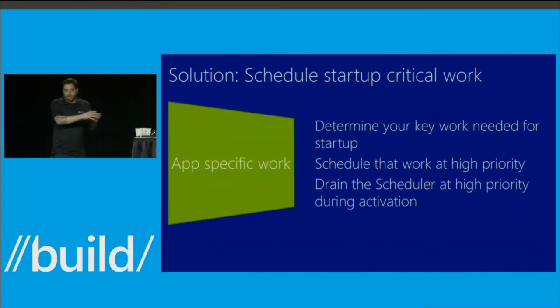And once it's completed all of that work, it'll return a promise for you to use however you want. In this example, during startup, we can include that promise in the promise chain that we set during activation, so that we can really ensure that once we've drained the scheduler at a high priority, so all of our high priority tasks have completed, that splash screen is going to drop and we'll be ready to